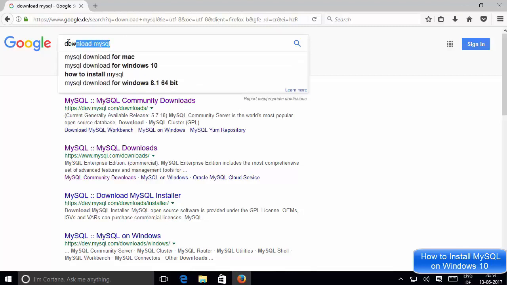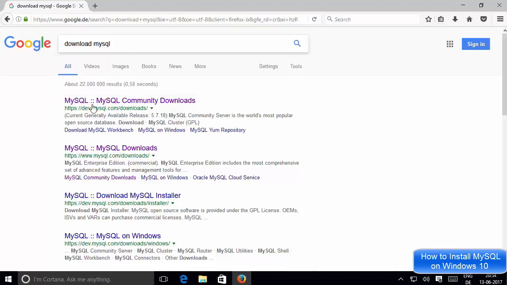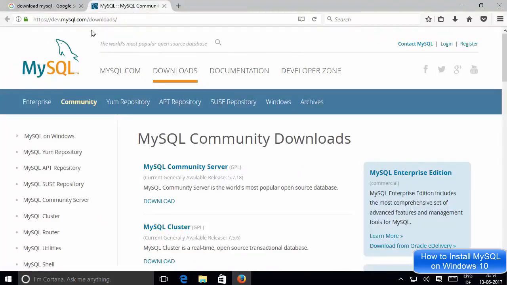Just search for download MySQL, and hopefully the first link which will appear here will be from dev.mysql.com/downloads. And if it's not the case, we will see how we can reach that downloads page.